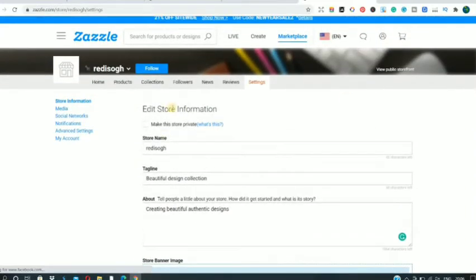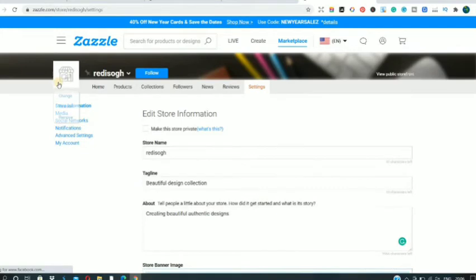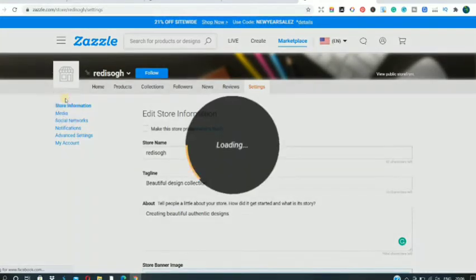Now, guys, we have edited the store settings. Now you can upload the cover image of your shop. I'm going to do that because I didn't do the banner image. This is also a store banner image. You can probably go with that, but I haven't done that because it's optional. But I'm just gonna do this store cover image. So I'm just gonna click over to the section and click on change.